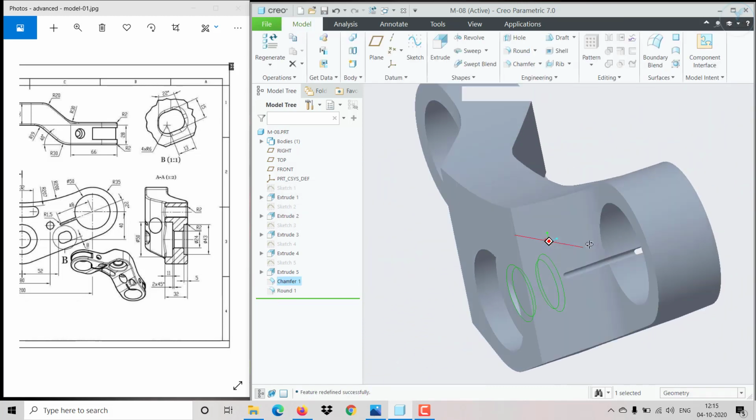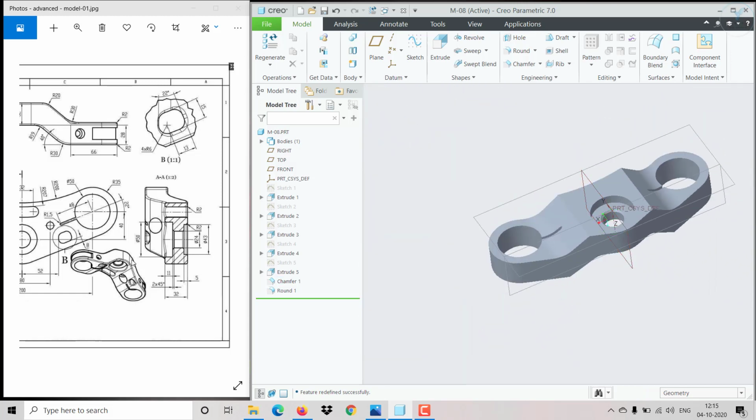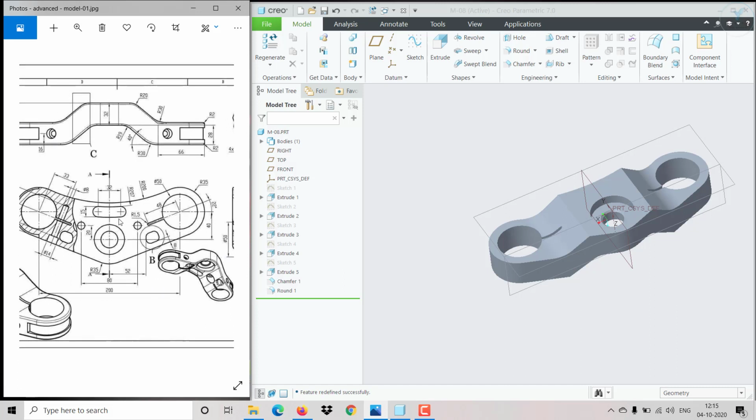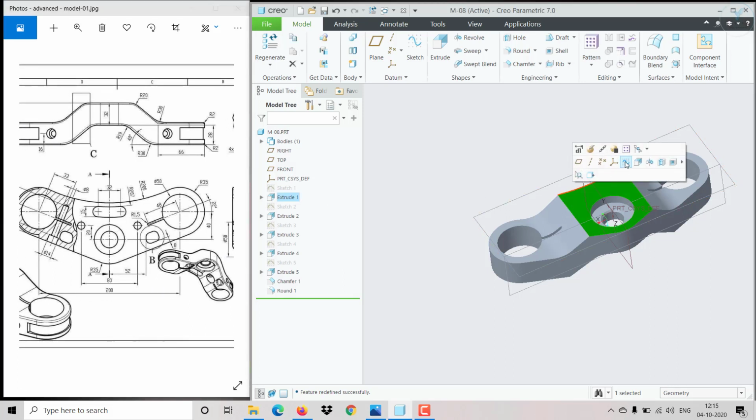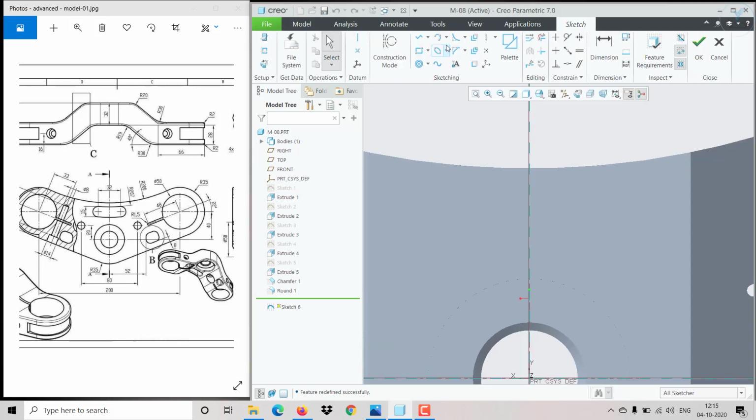So chamfer also done, fillet also done over there, so this is fine. So now we need to make this portion over here, so select this, so go to sketch, so now create an arc, 3-point arc, just like this, and make symmetric with respect to center,